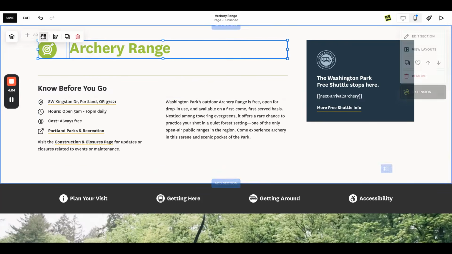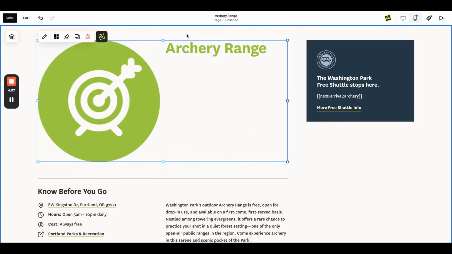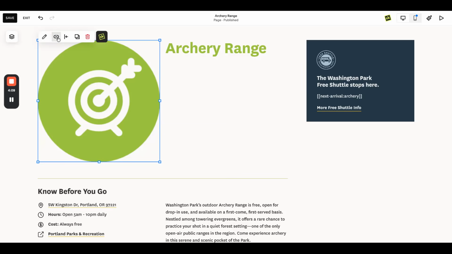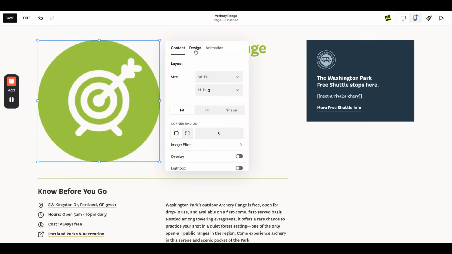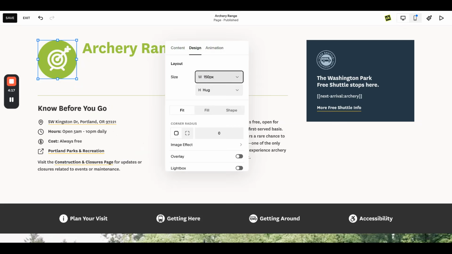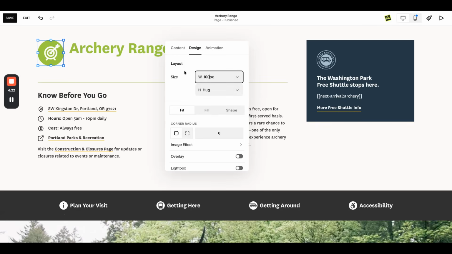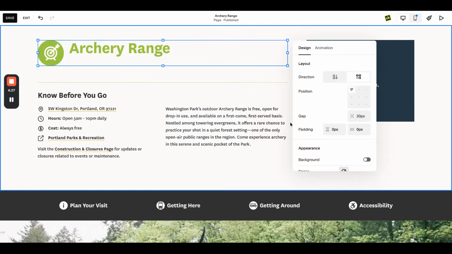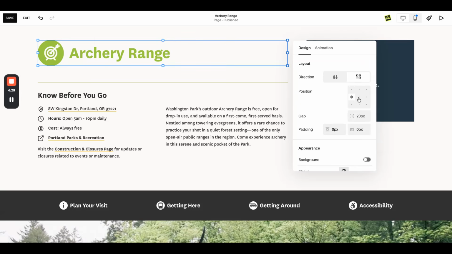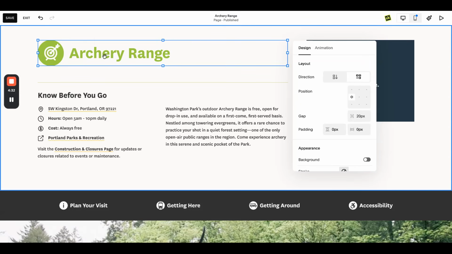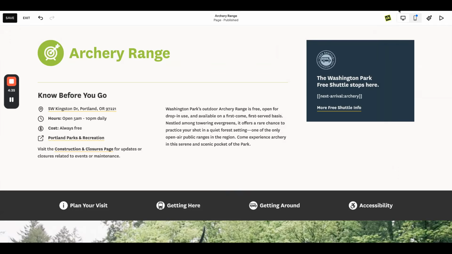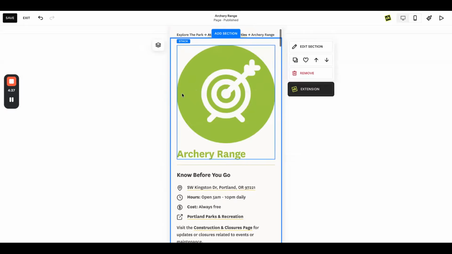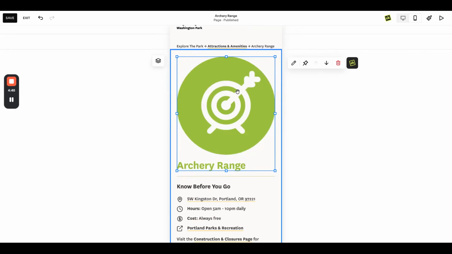Okay. I could put this in a stack because again, I want this, and this looks kind of crazy. But if I come in and say, instead, I want this to always be, I think I had it set to, yeah, to always be 100 pixels wide. I can then come in and also, I should have done that here, make sure that they're always vertically aligned, like center. And the beauty of this, so it's kind of broken because I ungrouped everything, but on mobile,